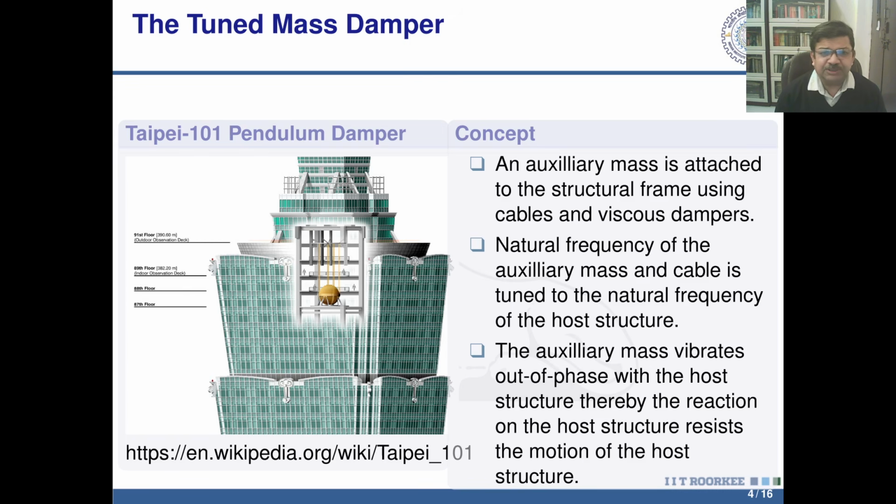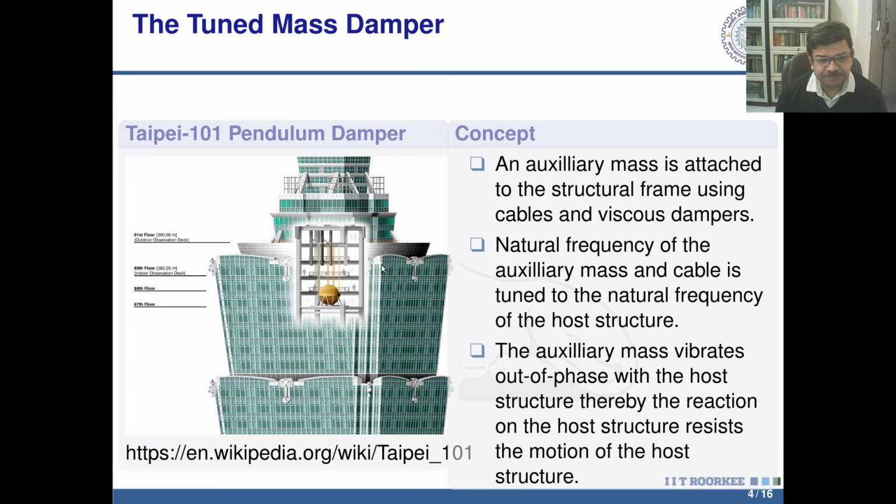So tuned mass damper in itself is a very old concept, more than 100 years old. And in recent times, the most famous example is the pendulum system at Taipei 101, the 101 storied tower at Taipei in Taiwan. And the whole idea is this auxiliary mass is suspended through cables and viscous dampers, and these cables and mass are arranged such that the natural frequency of this auxiliary mass is tuned to the natural frequency